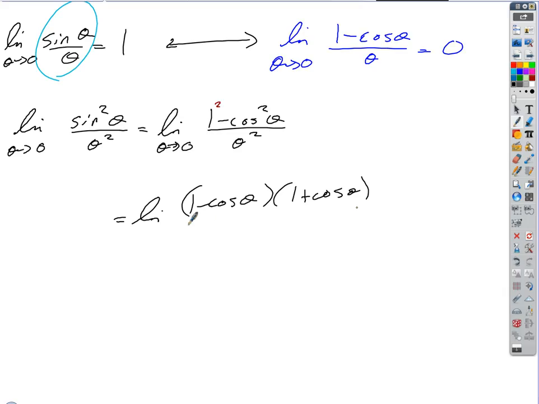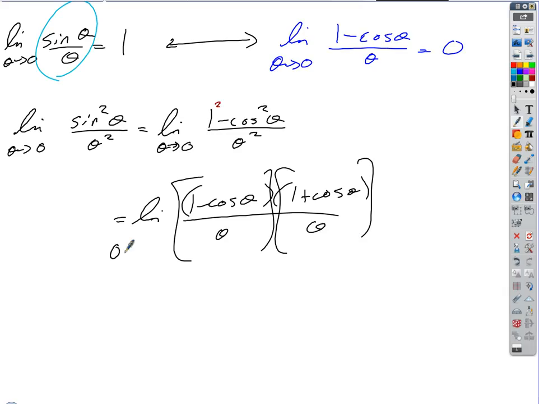On the bottom, I just need something that's equivalent to theta squared. Theta and theta, right? How about if I make it theta times theta? See what I'm saying? And now what I've really got here is the product of two quotients, right? Okay, well, let's take our limit. Would you agree that as theta approaches 0,